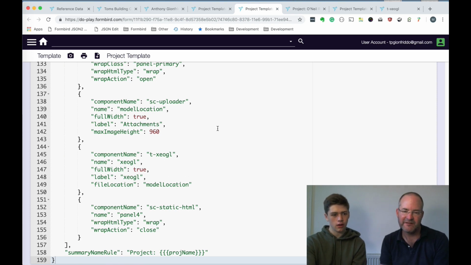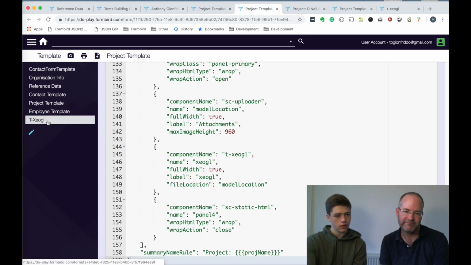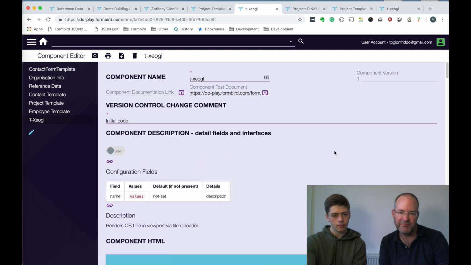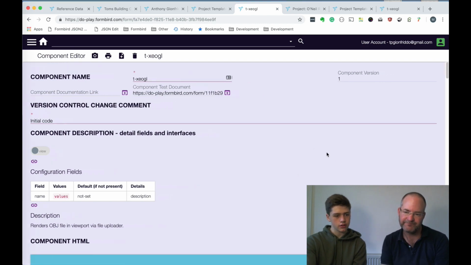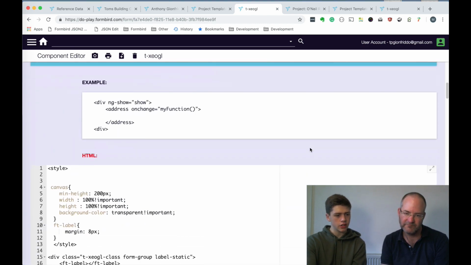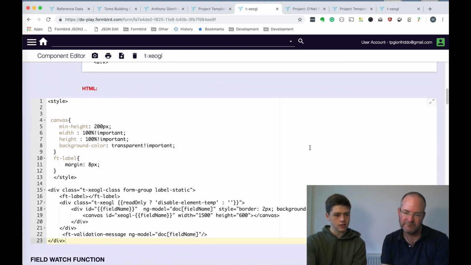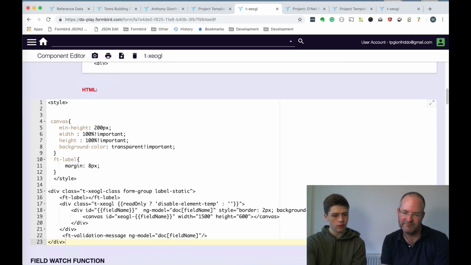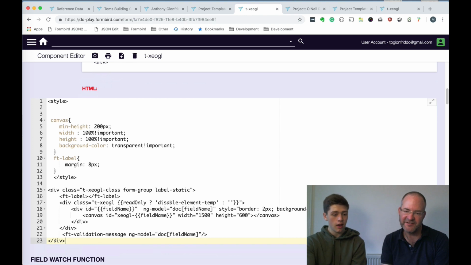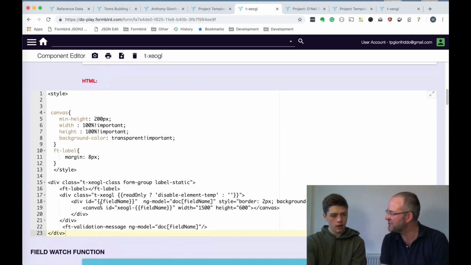Yep. So if I open the component, this is a component definition you've defined within Formbird. That just has some really basic HTML. It just comes pretty standard with the library on their website. Okay, so that definition of the HTML you got, most of it, from XEOGL.